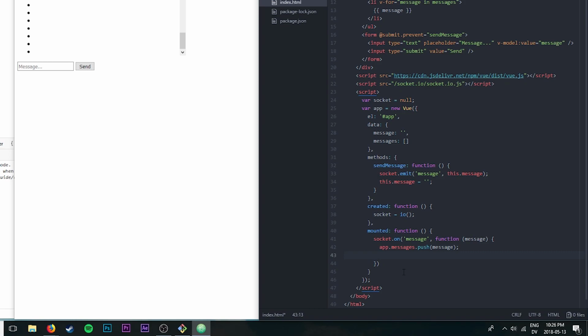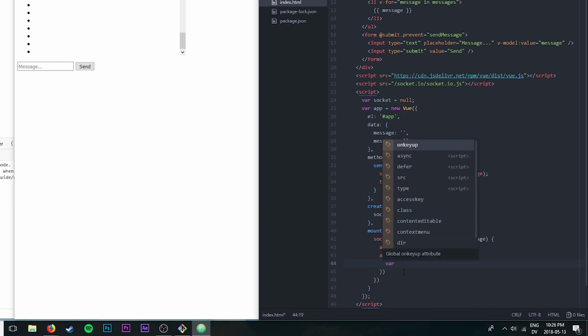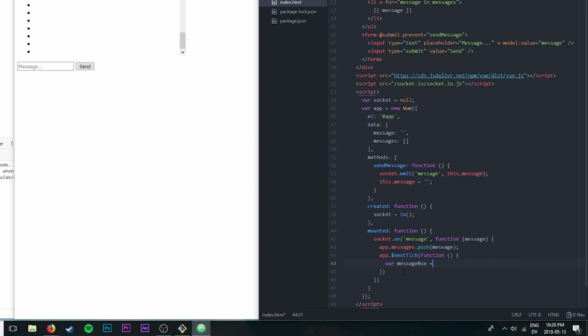So what we need to do is tell Vue.js, I've got some code I want to run after you update the client already. After you update the HTML, then I want you to run this code. So the way we do that is we do app $nextTick. And so this code will run after the website has been updated to reflect the changes of the new message coming in. So what we can do from here is we need to get our message box